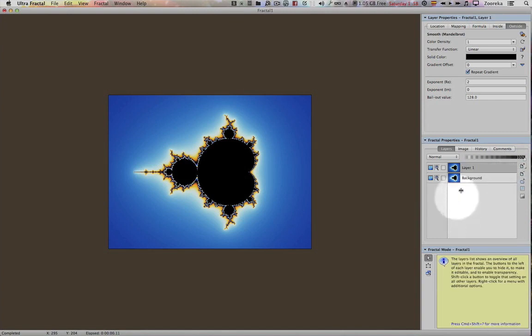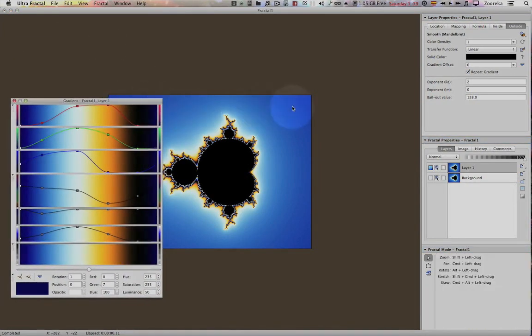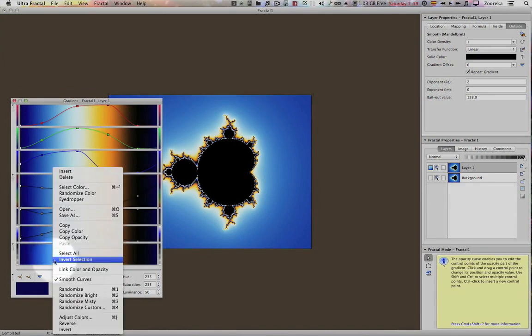We'll turn off the visibility of the background layer for the moment to make life a bit easier. Go to layer 1. What I want to do is make the blue part of the beta here transparent. So as before, we right click in the opacity field,